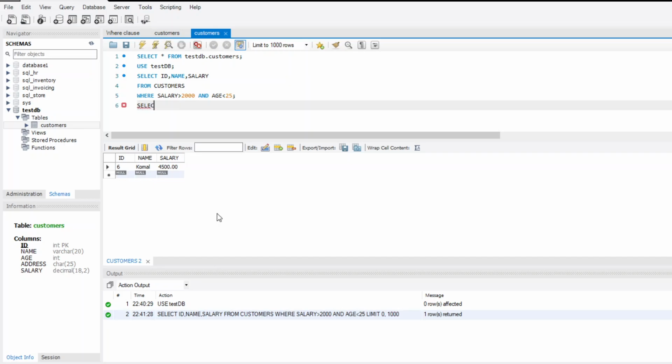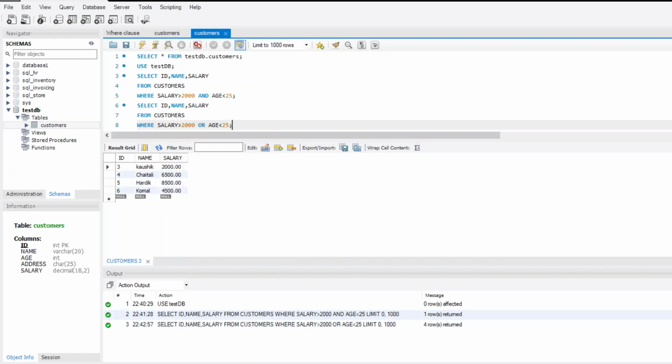Select id comma name comma salary from table name which is customers, then WHERE clause, then salary is greater than 2000 or age should be less than 25 semicolon, then simply run it by pressing Ctrl plus Enter.